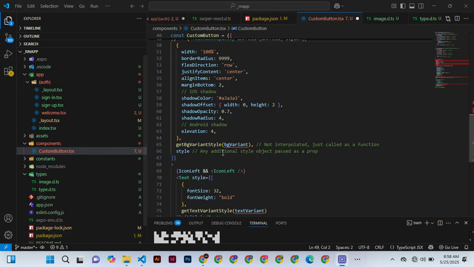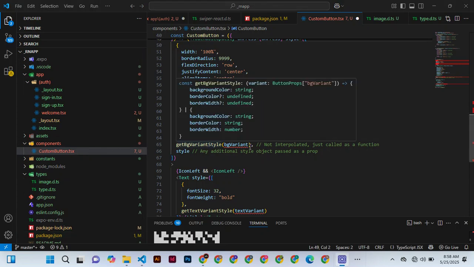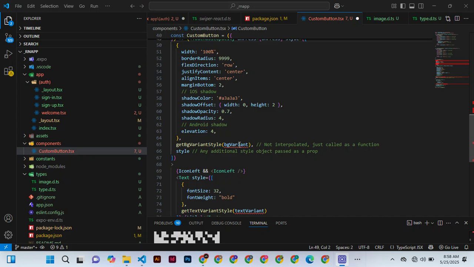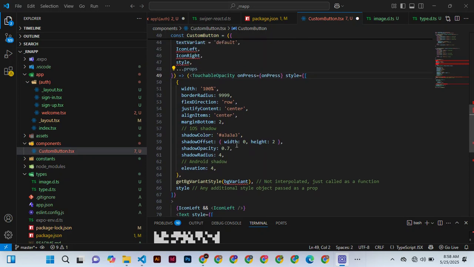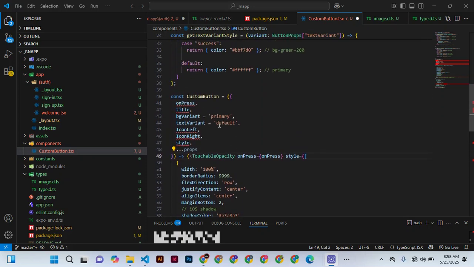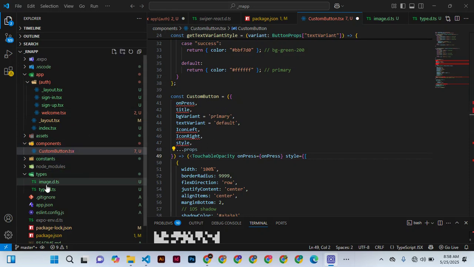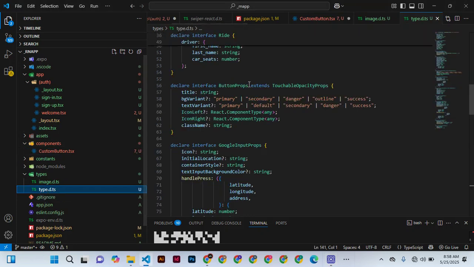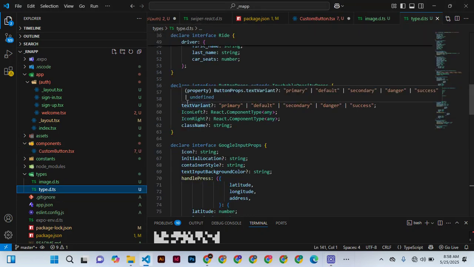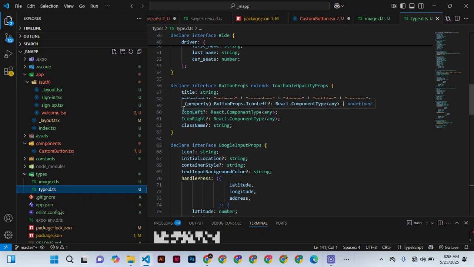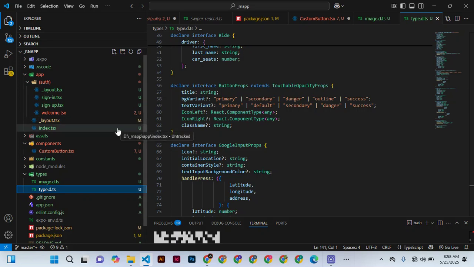All right, there is a danger, or there is an underline red, meaning it is not comfortable. So to make it comfortable, we need to bring all the props which are here, button props, including the text variant and background variant, all of them. We bring them into the